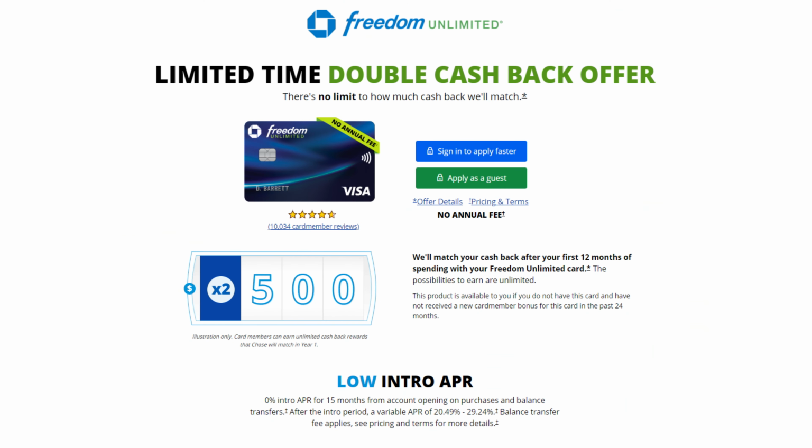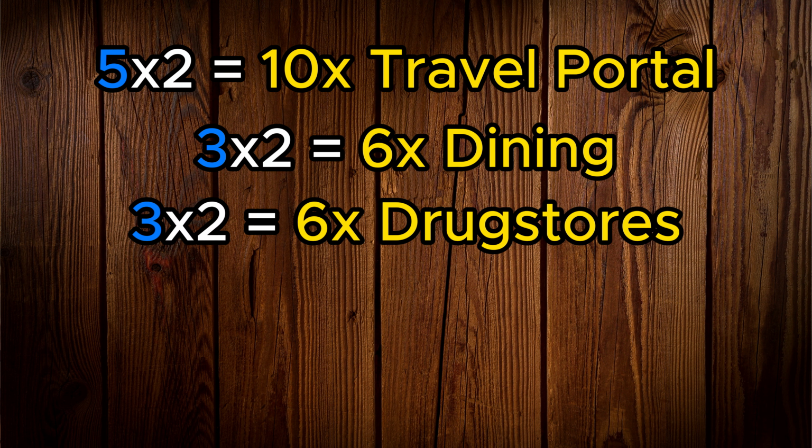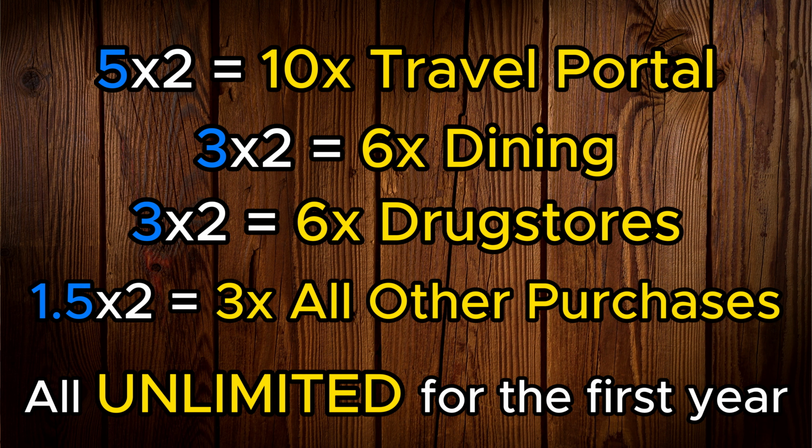What do you think of the Chase Freedom sign-up bonus right here of being able to get 5 times back on gas station and grocery store purchases? Do you think this is a great add-on? Do you think this is not that great? Or maybe you prefer that one where you're getting the Chase Freedom Unlimited card and having it matched point for point. There's that offer as well where, instead of the multipliers we talked about, you're going to get 10 times on your travel purchases through the travel portal, 6 times on dining and drugstores, and 3 times on all other purchases. Though I believe this offer does not have the sign-up bonus with it,